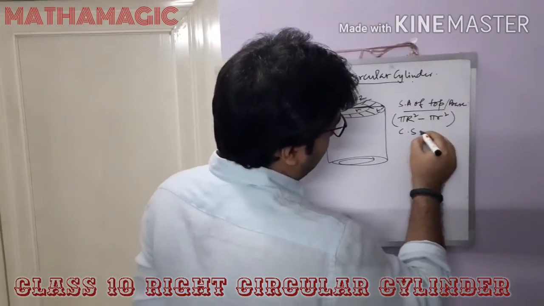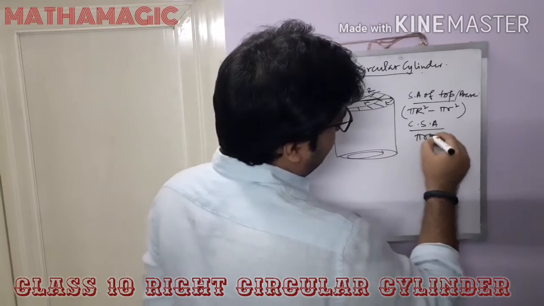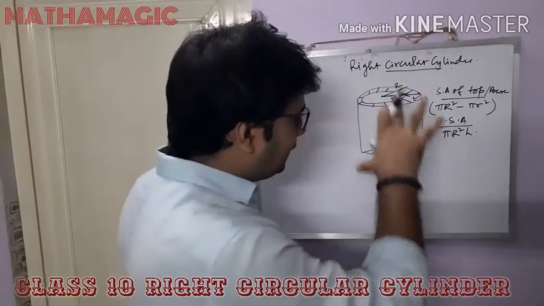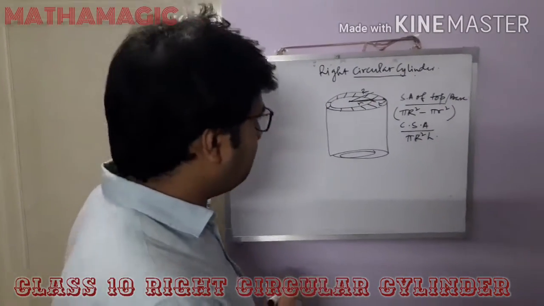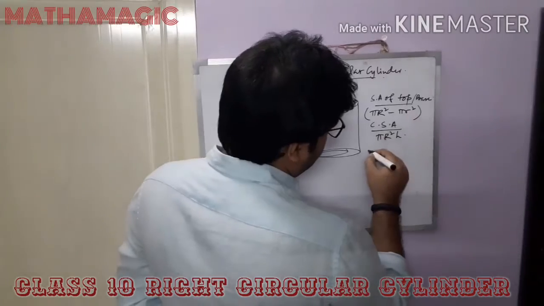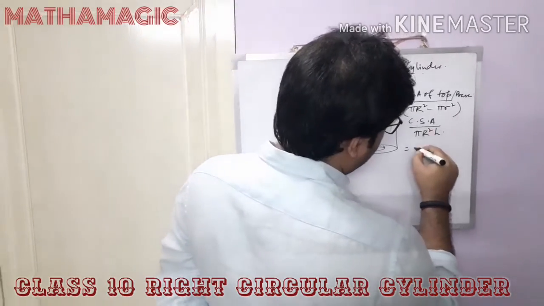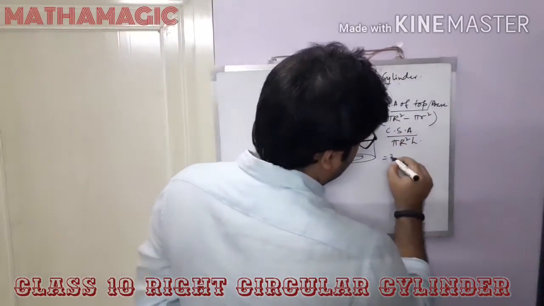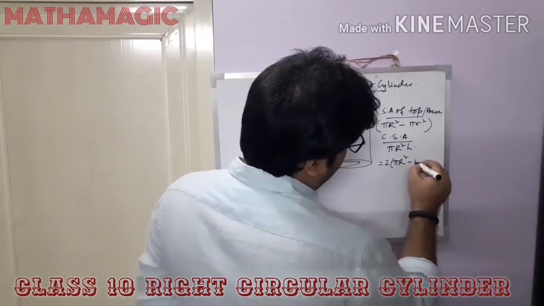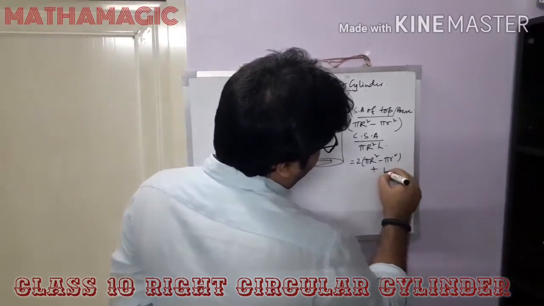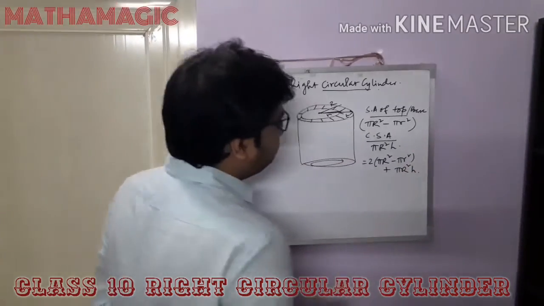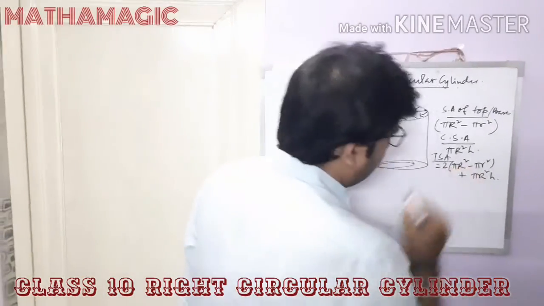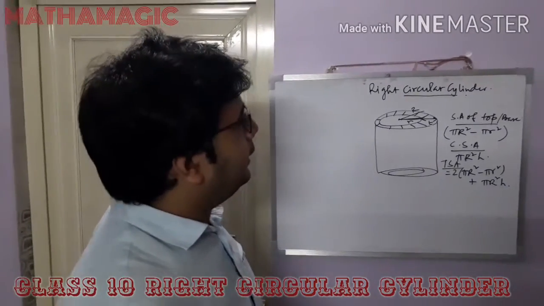Now the curved surface area, what will be the curved surface area? That will be 2 pi capital R into H. Now in order to find the total surface area of this kind of right circular cylinder, we have to add these two. We have to multiply the top and base area by 2, because there are top and base, and we have calculated only one here. So it will be 2 times pi capital R square minus pi r square, plus 2 pi R H. That will be the TSA, or the total surface area of this kind of right circular cylinder.